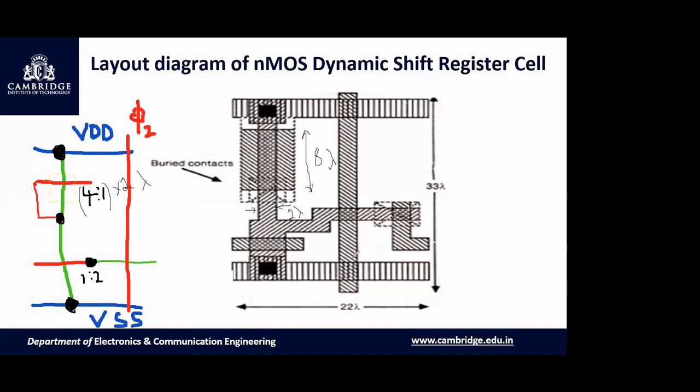So that's nothing but the contact cut. Here I've used a contact cut, right? This is the diffusion which is drawn. A poly is crossed here. The poly should be shaded like this, and you know how to shade the diffusion. Diffusion will be shaded. And this is the buried contact. Here, a buried contact is used.